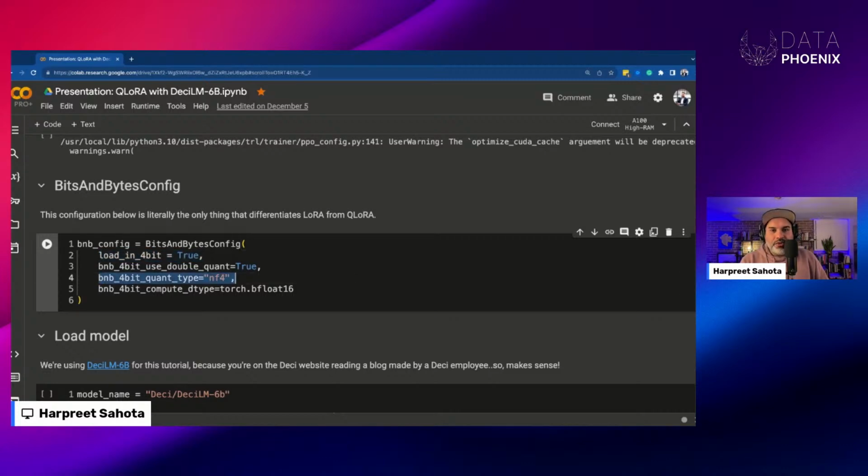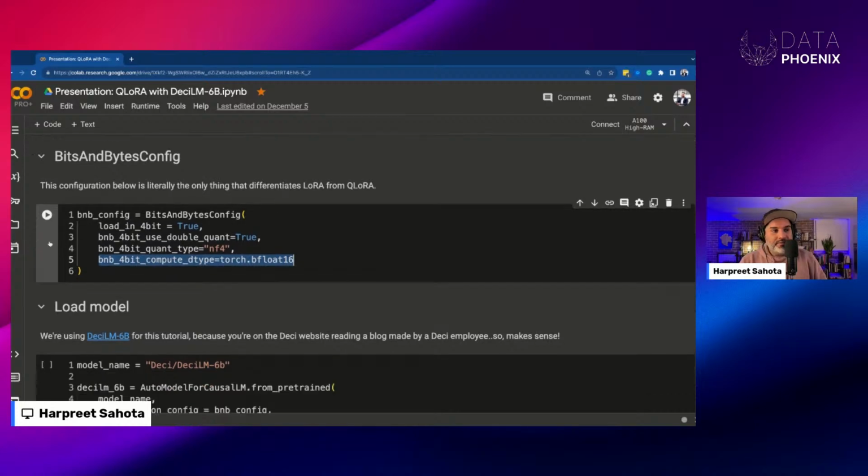Here, we're using the 4-bit normal float data type. This is just setting the quantization data type for those layers that we're going to train. Double quantization is enabled here, which is just nested quantization. Here, we're using bfloat16, the brain float 16 from Google Brain. This is useful in deep learning because it gives us a good balance between precision and performance, so that the neural networks can run faster while still producing accurate results.